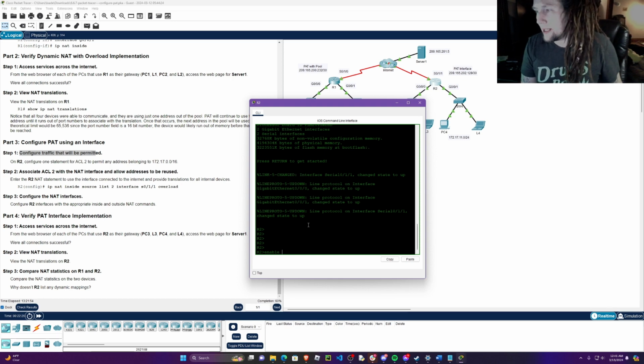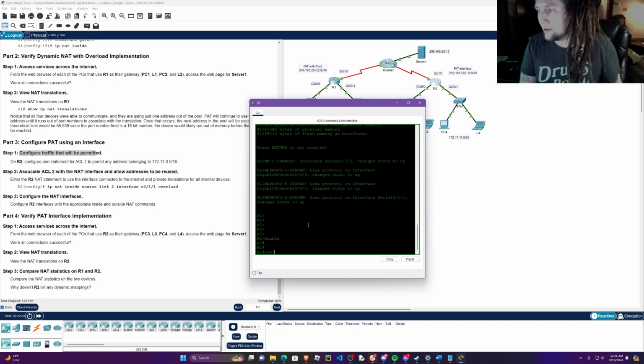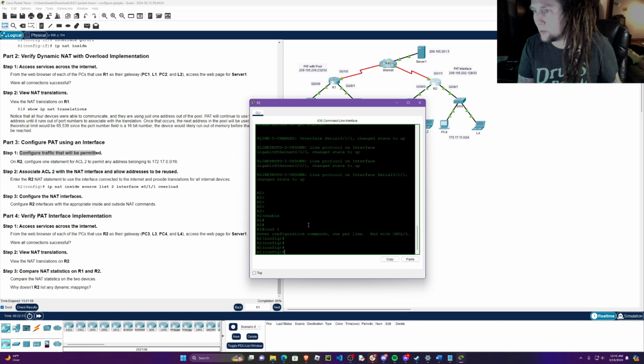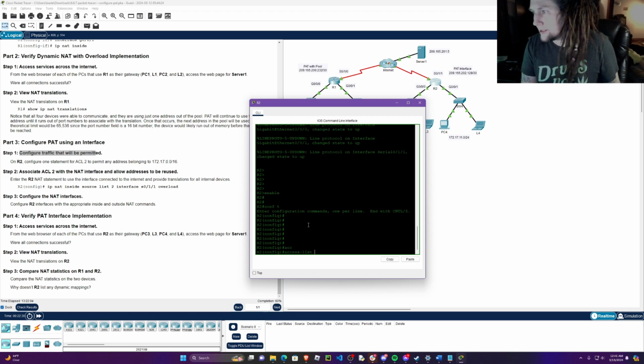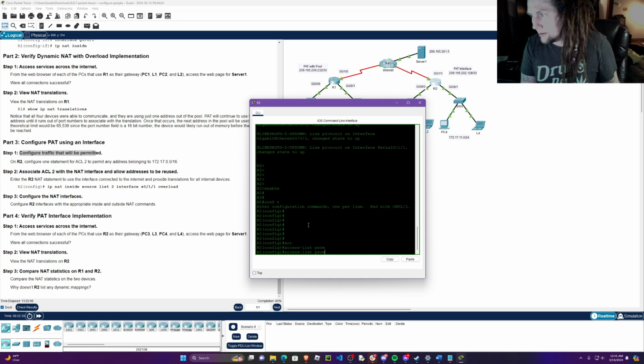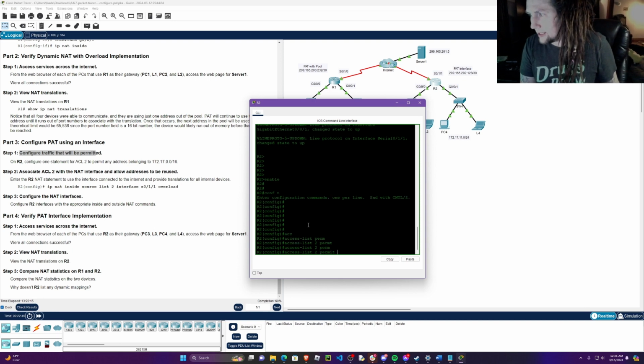So hit enable, then Ctrl+T to enter global config mode, and then we're going to say access list 2 permit,